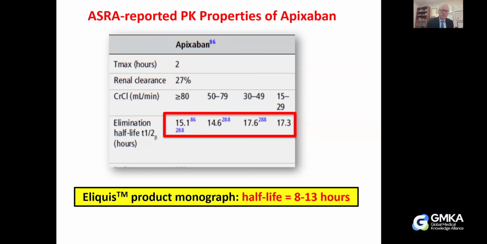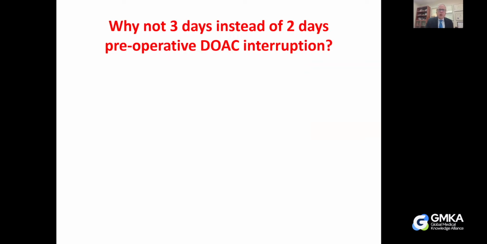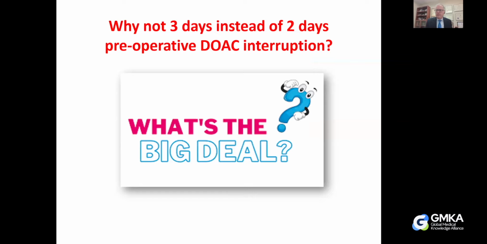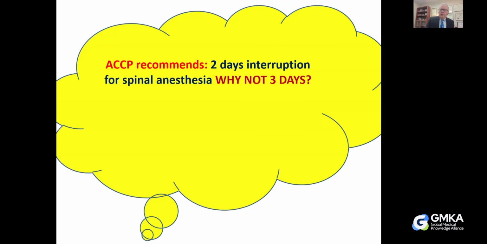of interruption. And you're probably thinking at this point, well, Jim, if the anesthesia guidelines say 3 days interruption, you're saying 2 days interruption. Why is this such a big deal? And why are you making a big fuss about this? The American College of Chest Physicians recommendation, and echoed by other societies' recommendations for 2 days of interruption, is based